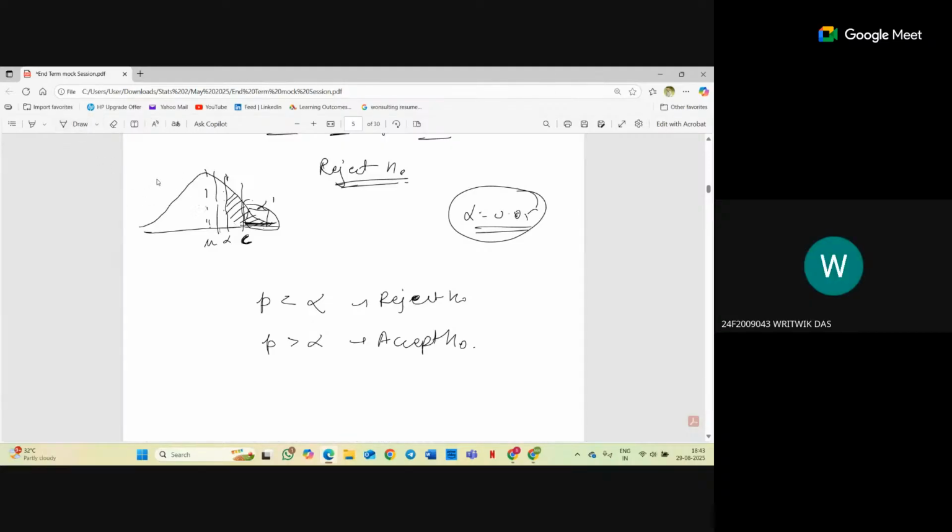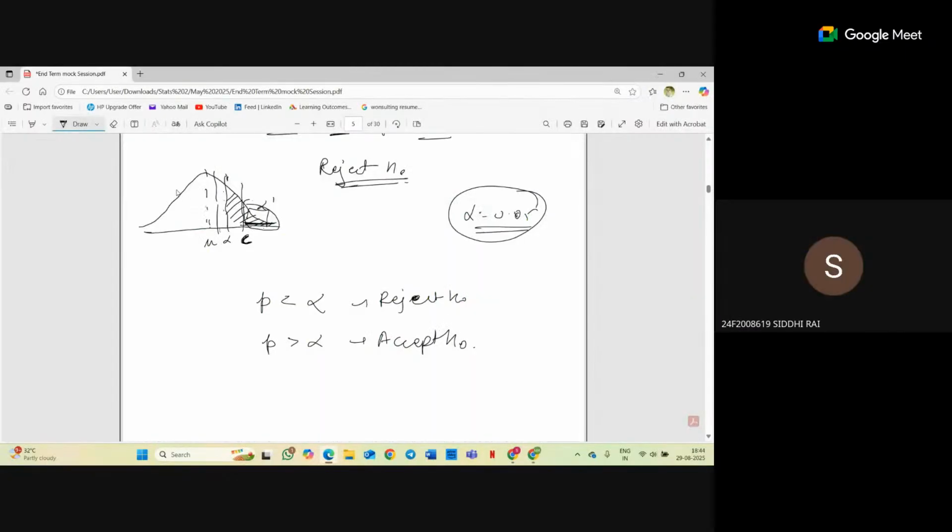Ma'am, can I explain intuitively? I mean, whatever I know. Actually, I had the same doubt. So basically, when we calculate the p-value, we first accept that the alternative hypothesis is true. Then we ask what is the probability of the sample. If the probability of the sample is very low, that means it is very rare, and still it is happening. So that's why we reject the null hypothesis. And if the probability is maybe 60 or 70%, that means there is a lot of possibility that it can happen. So that's why we accept it.